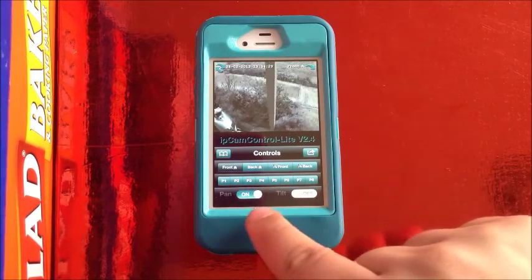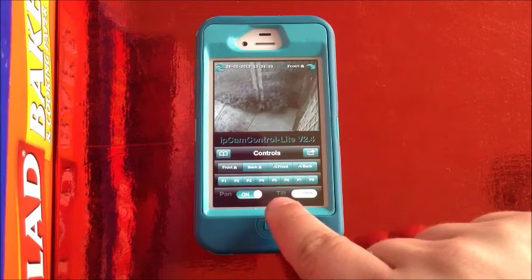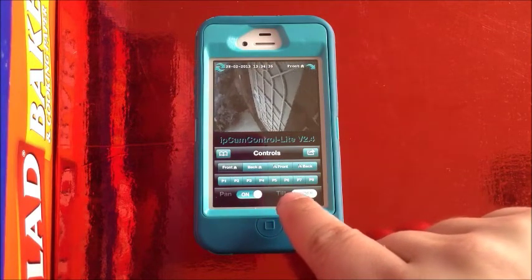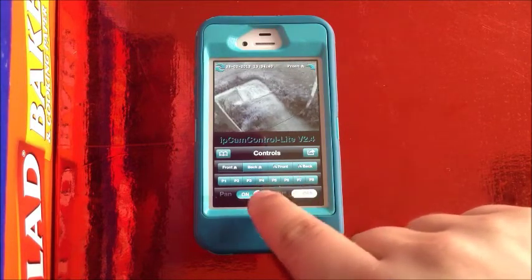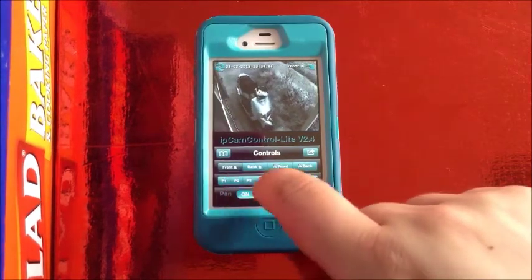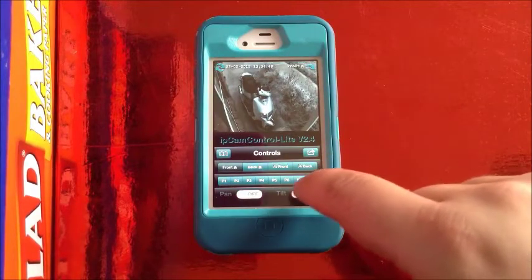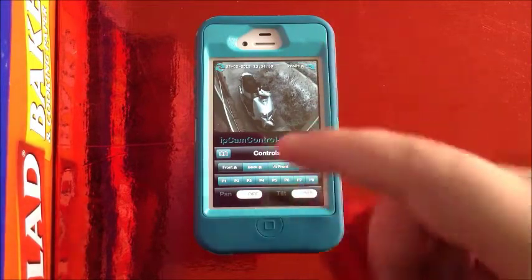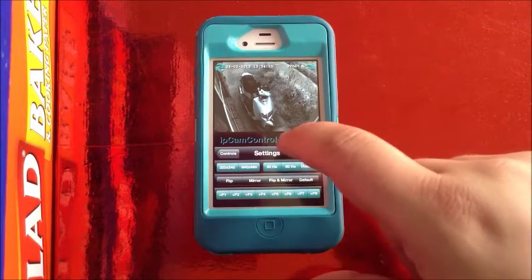function that if you turn it on, the camera will go all the way to the right till it hits the end, and then will go back and forth until you turn it off. The same will go up and down until you turn it off. Next will be